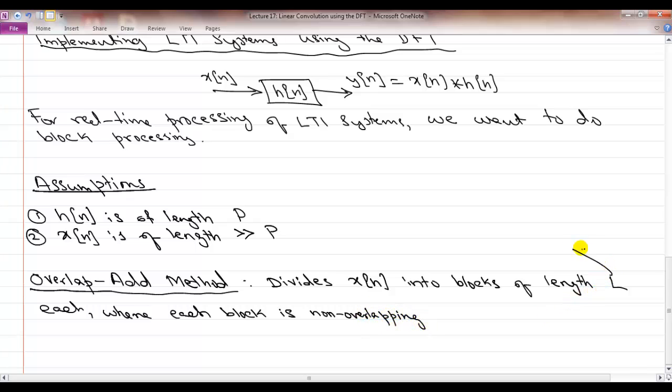Now this L is a problem parameter that you get to choose based upon how much delay you want in your processing. And you also want it at a level where using DFT really gives you an advantage. While you can make this L to be, let's say, 1,000 or 50,000, the longer the L is, that means the longer you have to wait before you can produce an output. So L is effectively a surrogate for how much is the delay between someone inputting and you obtaining